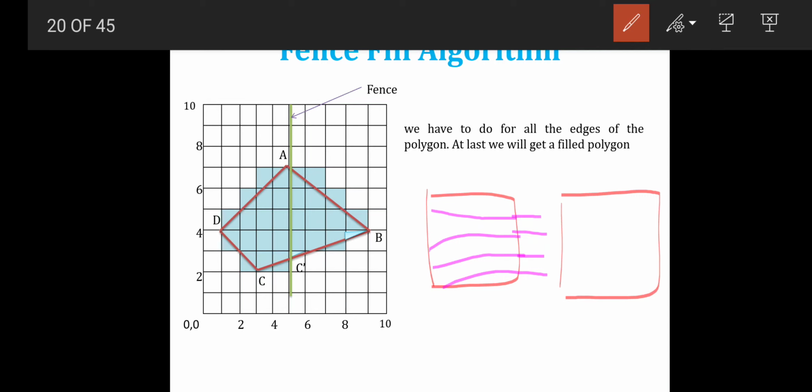But in this fence fill, we are giving one fence over here, and with that fence, suppose this is the edge of a polygon on the right hand side, right. So we are just making these pixels on, only these pixels we are complementing. In this way it is not going beyond the boundary of the polygon. Whatever occurs in the edge fill, this situation is not occurring here.